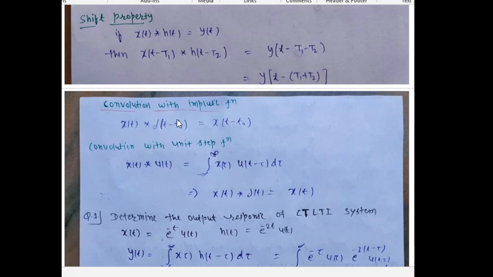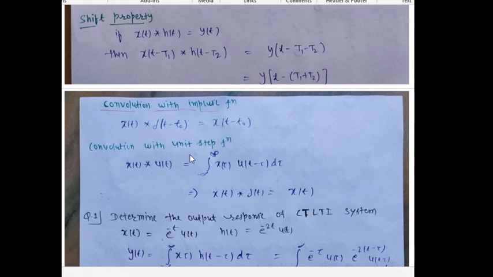And the next topic is convolution with the impulse function. If we convolve x(t) with our impulse function, then we get x(t minus tau). We shift our input to t0. If we shift our impulse, then our input should be shifted by t0. We already discussed this equation in the delta function, where we discussed the properties of the delta function.